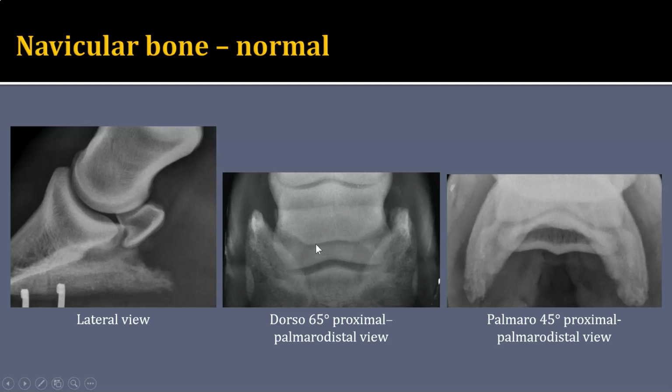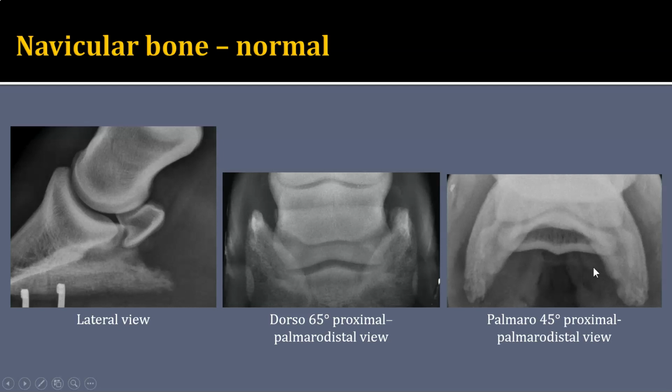proximal and a distal border or margin. There's the body of the navicular bone and then the two extremities. And then along the distal border, oftentimes we'll identify those little conical shaped synovial invaginations that we're going to pay attention to. And then a really important view that we'll also obtain is that skyline view or